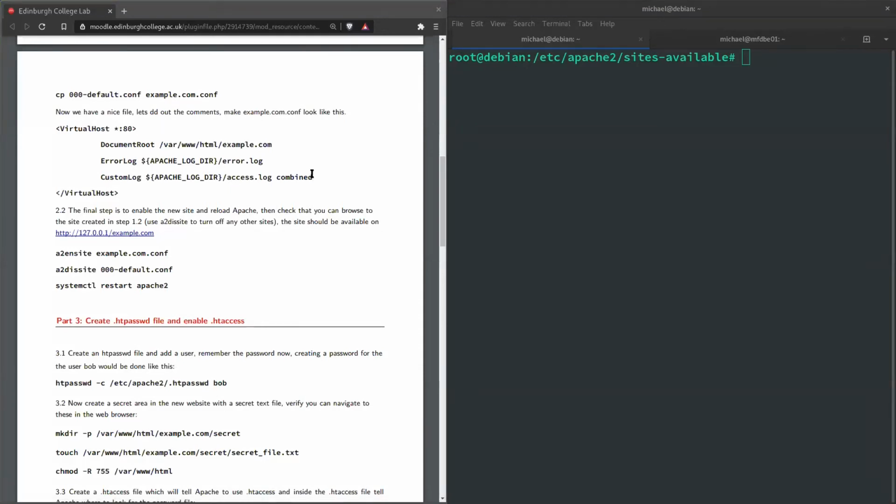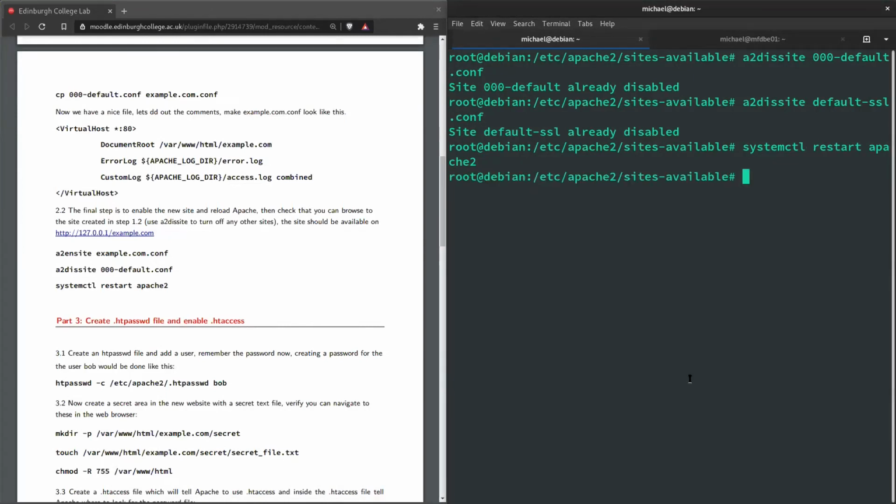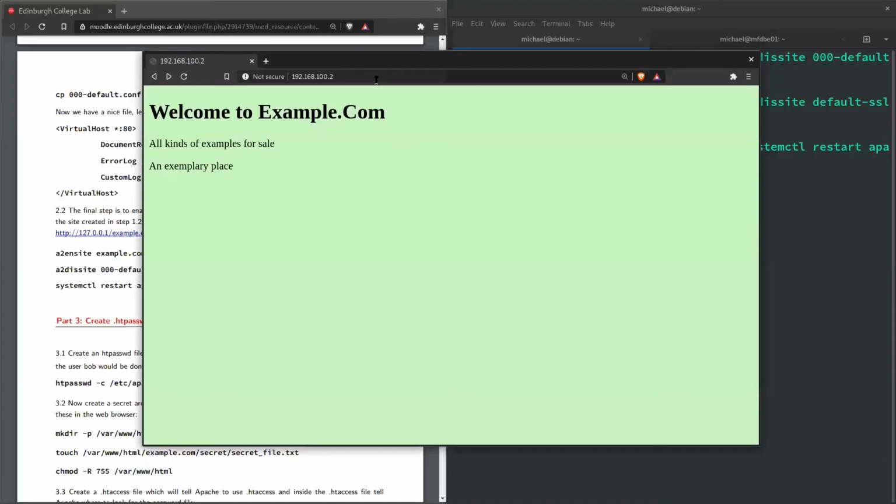Okay, so the last step before we can make this work is let's disable the default site. So let's use a2dissite 000-default.conf, okay, and let's also disable default-ssl.conf. Okay, they're already disabled. Let's systemctl restart apache2. And if we navigate to our example.com, which is now loading up as the main index file because we disabled all the other sites,